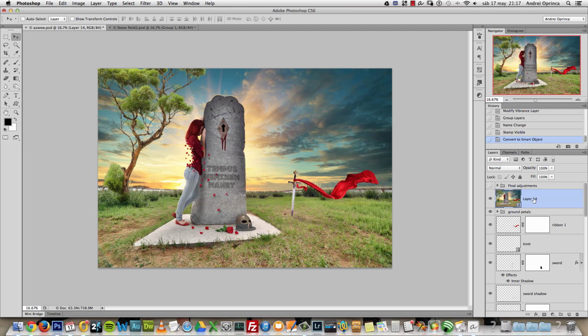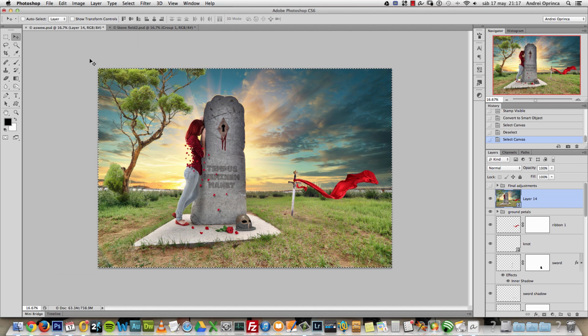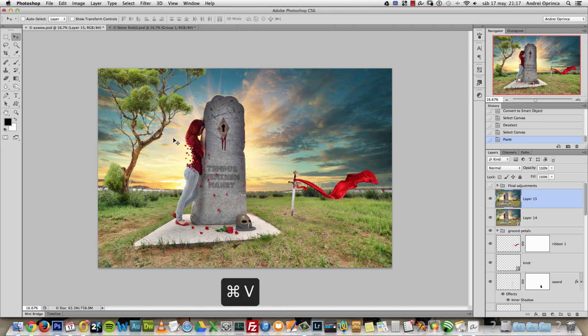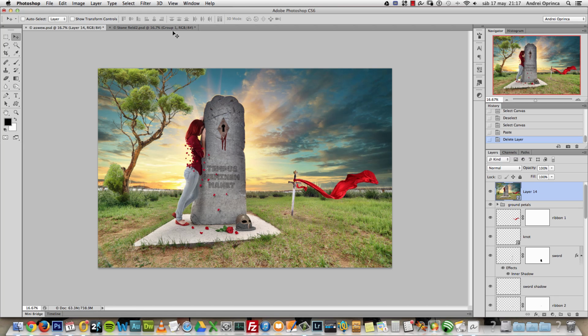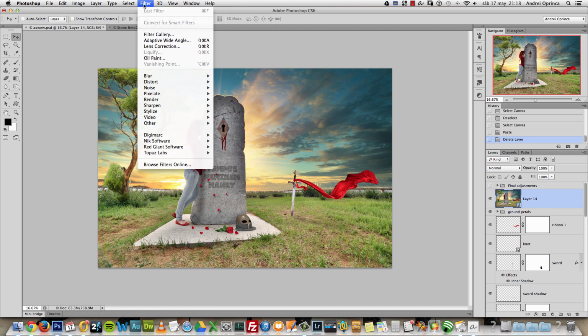If you cannot use the keyboard shortcuts, what you can do is select the entire canvas with Ctrl-Command-A, or go to Select and choose All, and then go to Edit and choose Copy Merged, and then press Ctrl-Command-V to paste that, and you'll get exactly the same result here. Okay, so once I have this smart object here, I will go to Filter, choose Render and Lighting Effects,